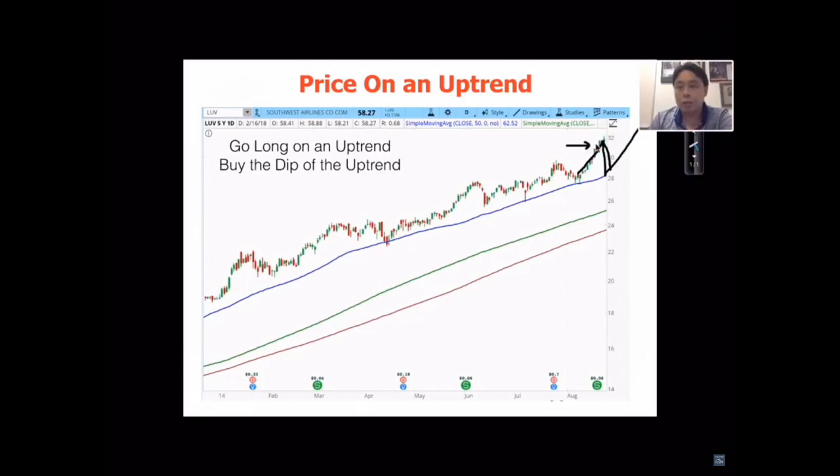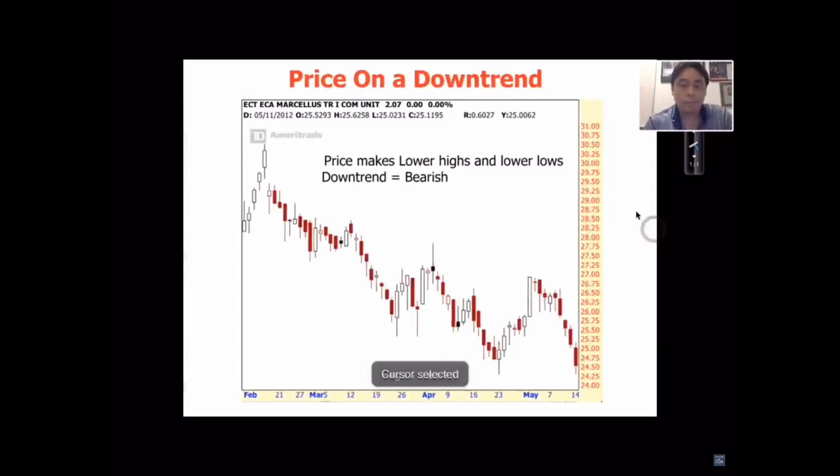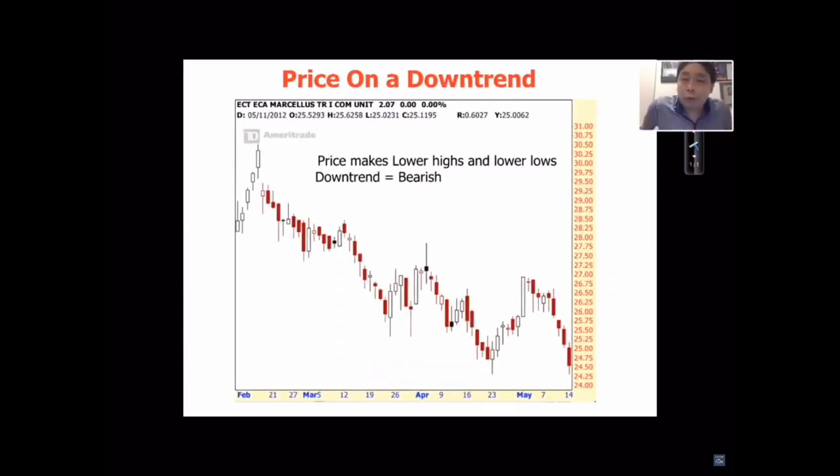So traders who sell short over there, they are taking what is known as a counter trend trade, because you are shorting against the uptrend. But if you short over there, you have to quickly buy back over here to take your profits before the trend continues. Okay? So uptrends don't last forever.